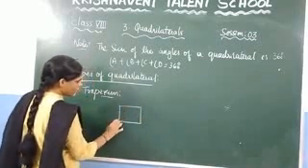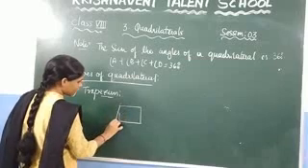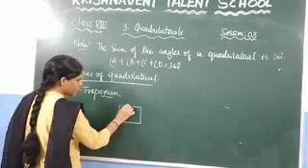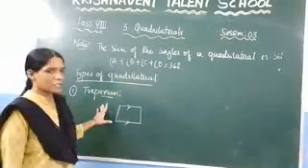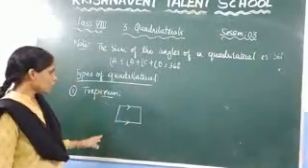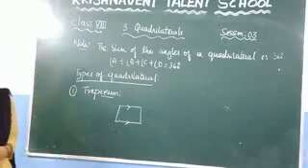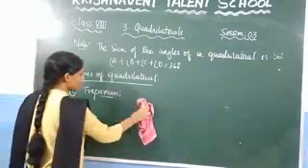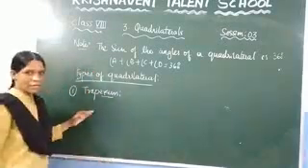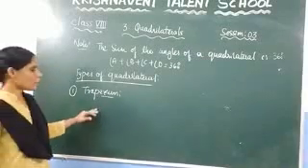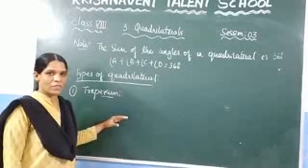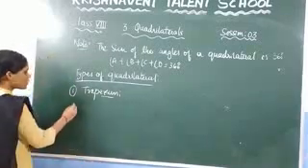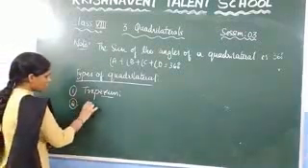You can observe that these two sides are parallel. Only one pair of sides is parallel, so we call it a trapezium. And after that, the next one is the parallelogram. I am not writing everything because in the last two sessions we discussed many properties of the trapezium and parallelogram, and from those sessions you can write the definitions here.